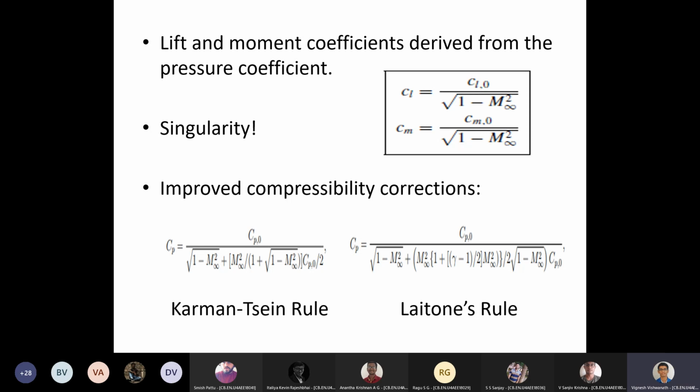That is, since it is valid only for a subsonic compressible flow, you cannot extend it to supersonic or even sonic, because if you put Mach number equal to 1, the denominator goes to 0, which means there is a singularity, it goes to infinity. So you cannot use this for Mach number 1. So that is gone. At the same time, from the formula, you can actually use it up to a value that's less than 1.